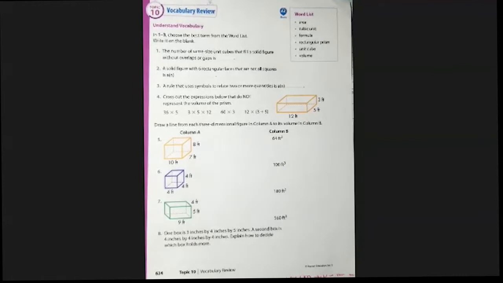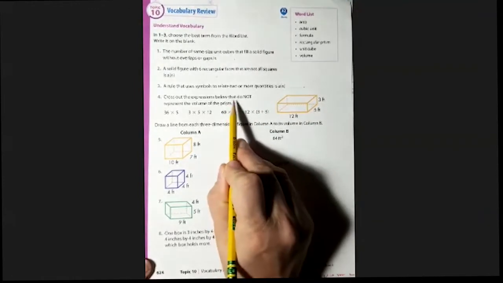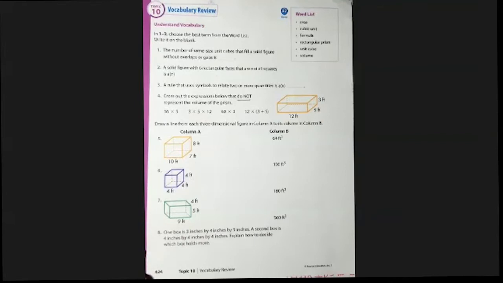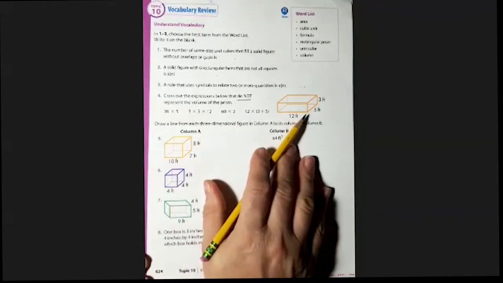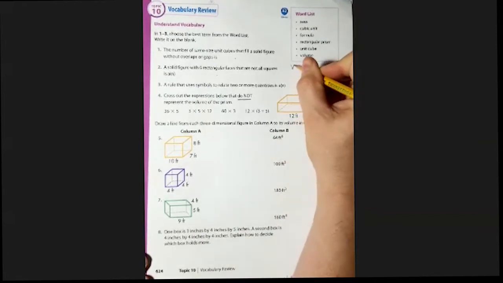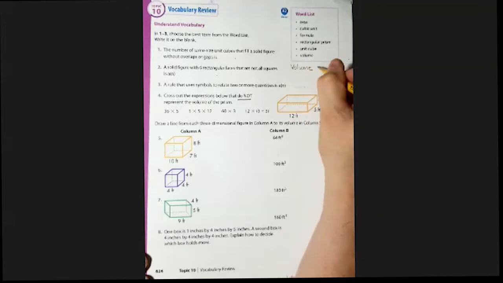Number 4, you are going to cross out the expressions that do not represent volume of a prism. There is more than one correct answer, so make sure that you are checking each one of these to represent the volume of this prism. Remember, volume can be found either 2 ways: length times width times height,